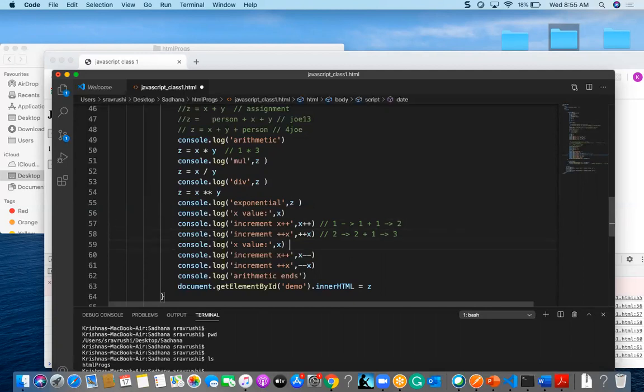Post increment and pre increment. In both cases, it will increase. But in the post increment case, it will not show the updated value, it will only show the preceding value, whereas in the pre increment case, it will increment and show the value. Suppose it is x plus plus, at this point of time what should happen?